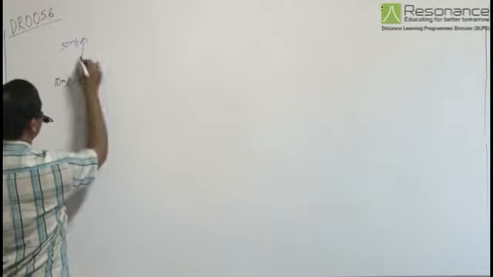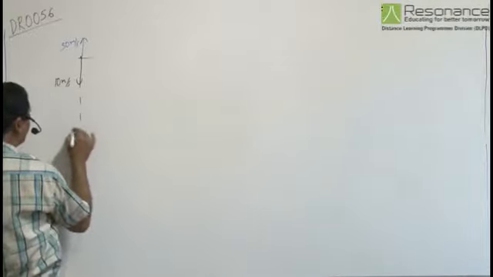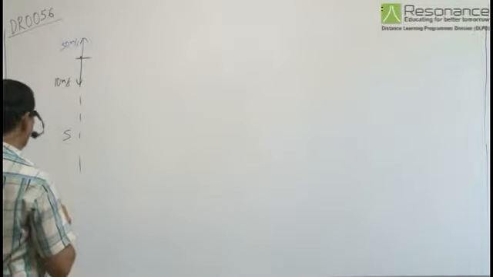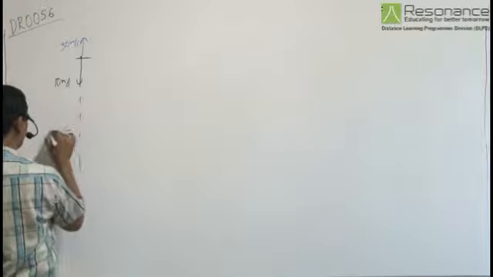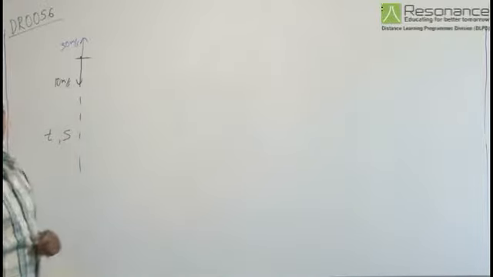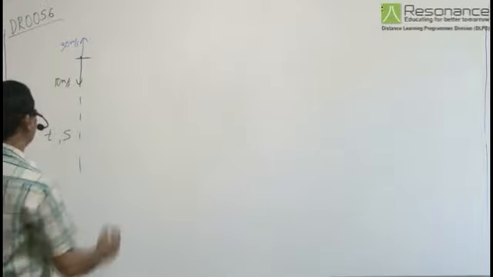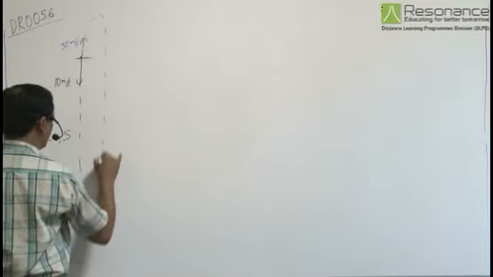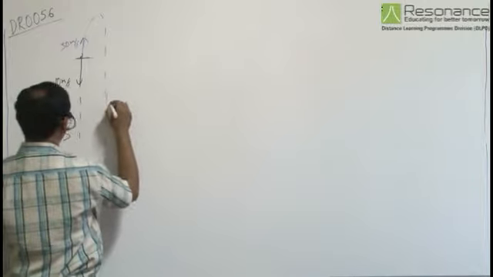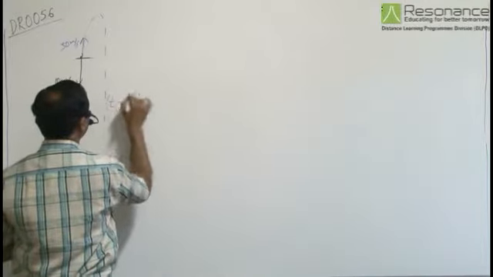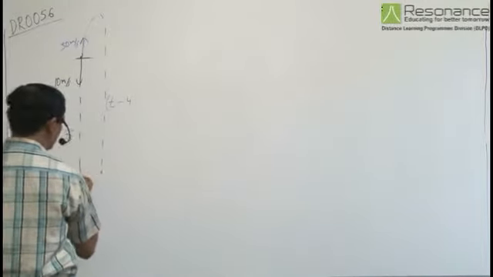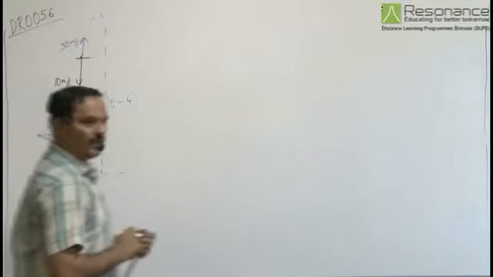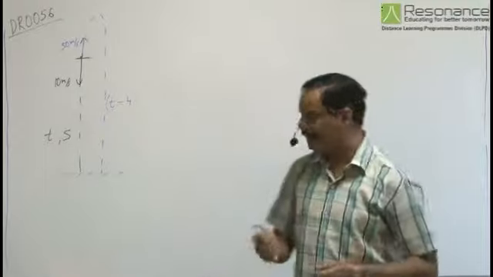Let us assume that the stone hits s distance below the shaft, and let the time taken by the lift to descend this particular distance be t, such that the stone takes a time t minus 4 seconds to travel that particular distance s again. So displacement of both lift and stone has to be the same.